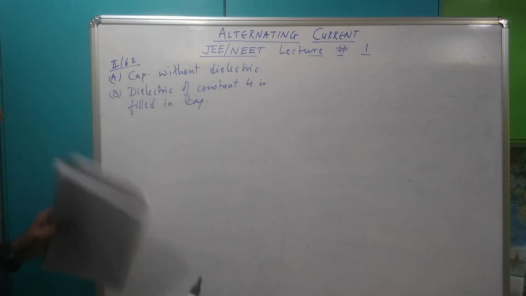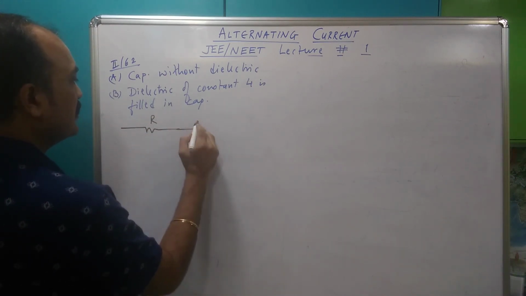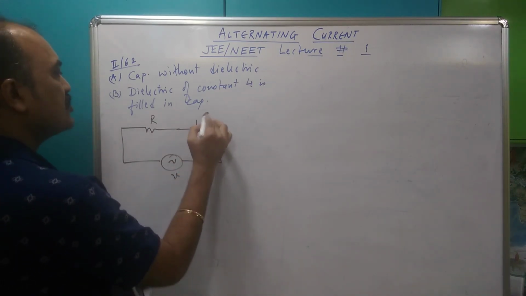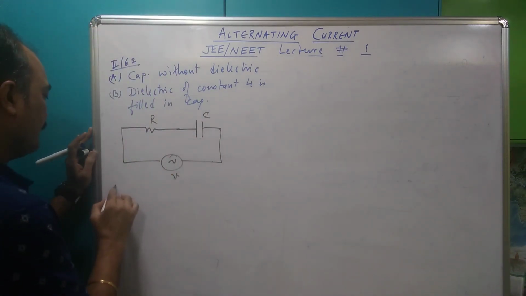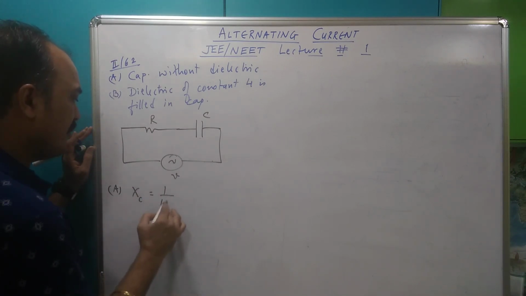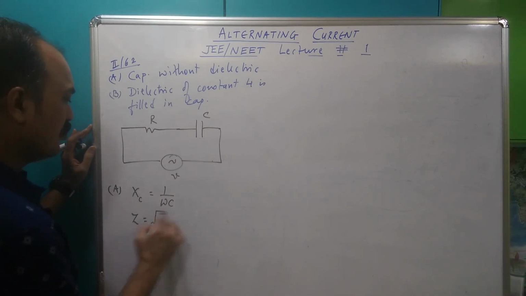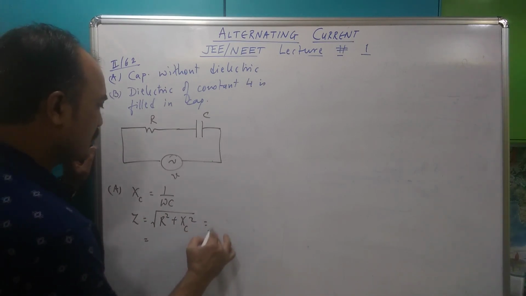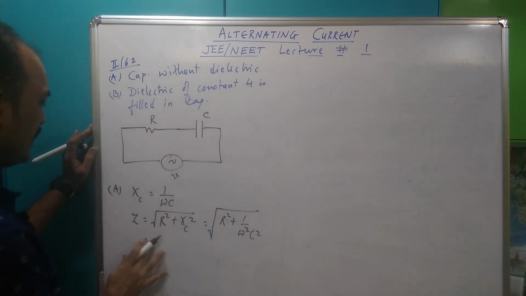Okay, so two cases. Okay, let us start. I've got this R, I've got this C, and these are connected to AC. Normally, I don't need to draw a diagram. I'm just drawing it for you. Okay, now, first things first, case A. What is going to be the capacitive reactance XC? You agree it's going to be 1 by omega C, of course. So, what is going to be your impedance Z? It is root of R square plus XC square. So, this is root of R square plus 1 by omega square C square. Okay, this is your Z.